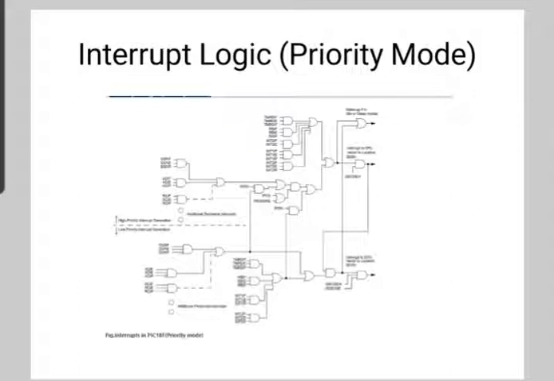So a high priority interrupt event will interrupt any low priority interrupt which may be in progress, and there is a set of SFRs, that is special function registers, which are used to control interrupt operation.